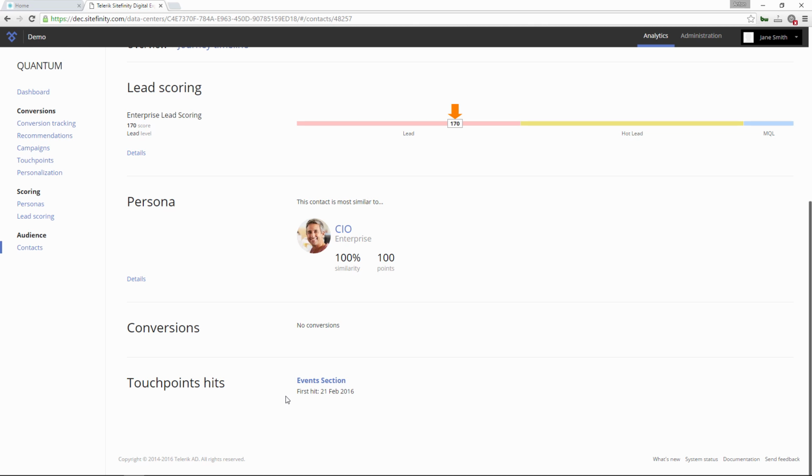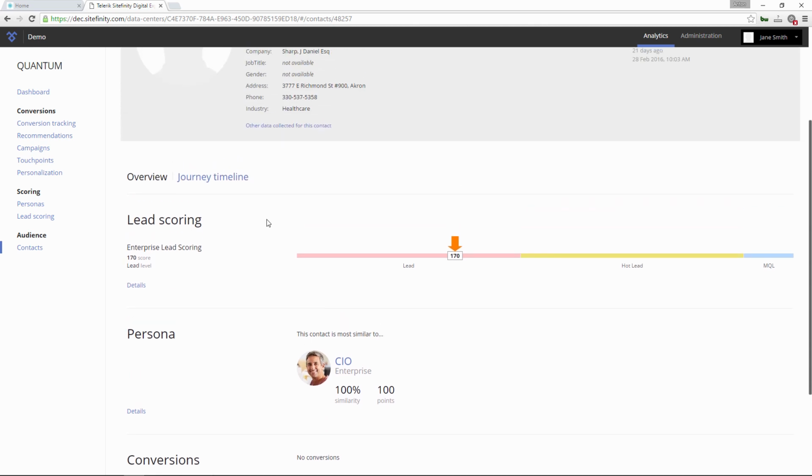And touch points are those micro moments or experiences that we would like to optimize in order to drive people to convert. And the conversions are the macro experiences or goals that the marketing team measures and that represent the bigger picture of the customer journey.